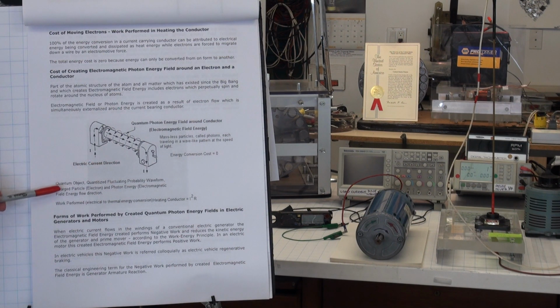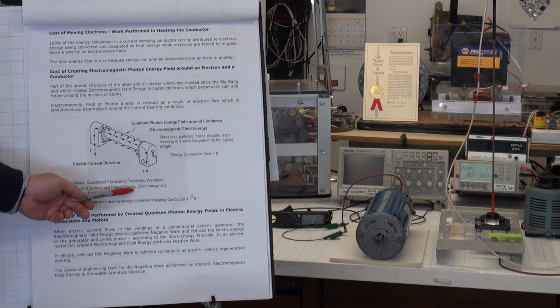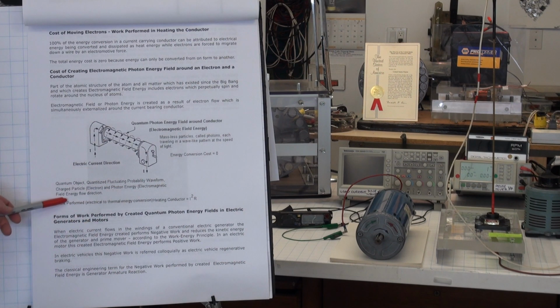And the electric current, which is the flow of quantum objects, quantum fluctuating probability waveforms, charged particles or electrons, and the photon energy, the electromagnetic field energy, flow